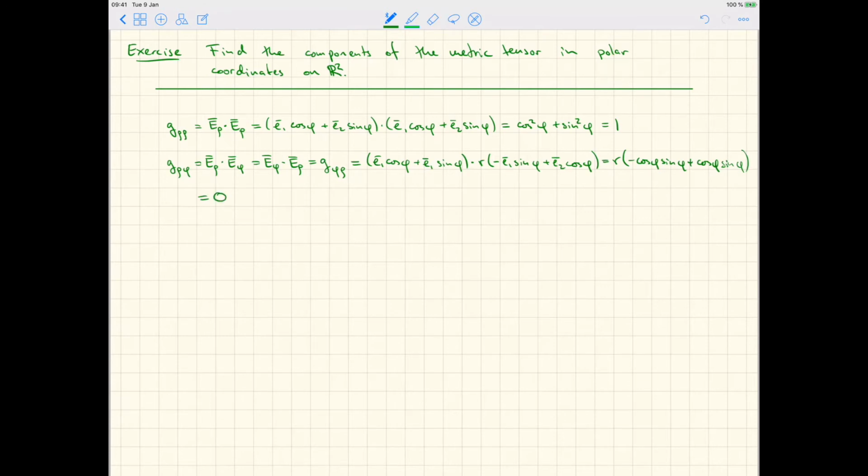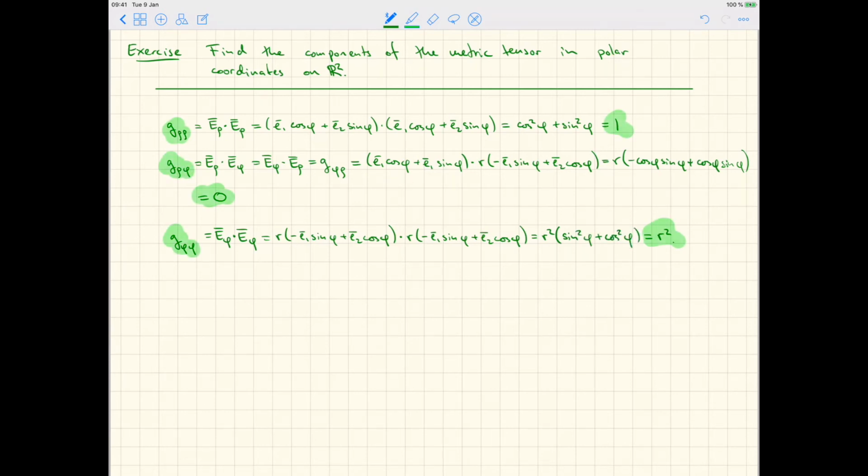is equal to 0. Finally, for the metric component g phi phi, which is by definition equal to the inner product of e phi with itself, we take the expression for e phi and multiply it by itself, and performing the inner product we find r squared multiplied by sine squared phi plus cosine squared phi, which is equal to r